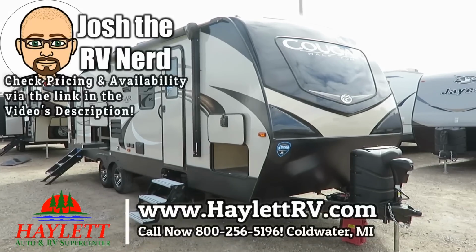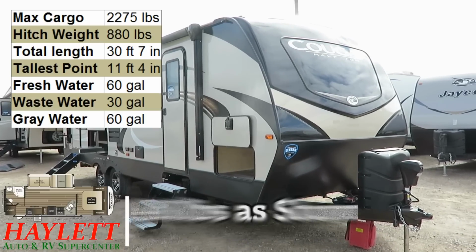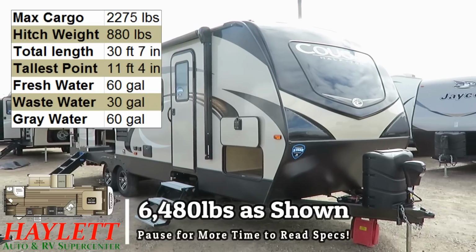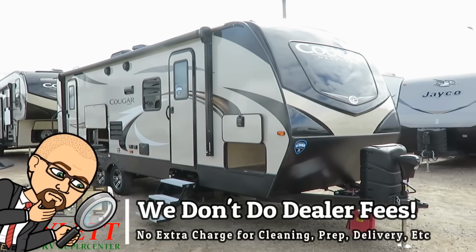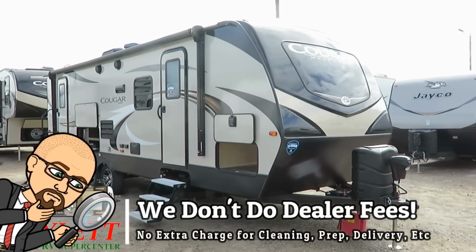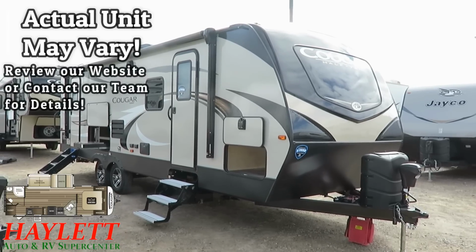I tell you what, this is an easy one to love right here. So this is a Cougar 26 RBS here at Haylet RV of Coldwater, Michigan. 6,480 pounds as you see it here. We have an outside kitchenette, more ride steps, 0 to 100 degree functionality, which is an improvement over the previous